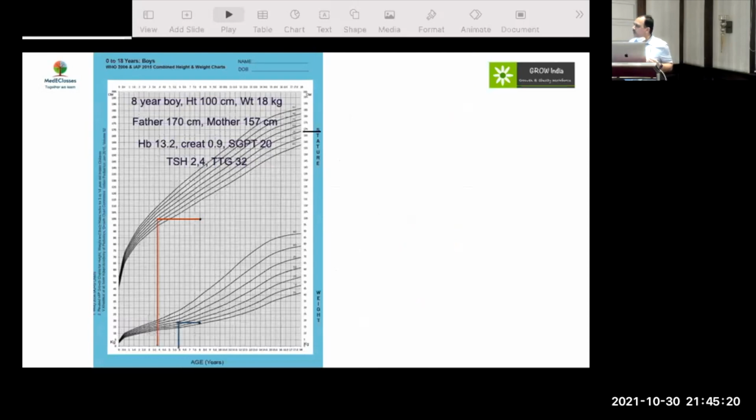Dr. Tambe, what do you think? Is the height more affected or the weight more affected? Height is more affected than weight. So in most cases, it is endocrine. So this is unlikely to be celiac disease. However, we have seen that you can have celiac disease with normal weight also, but if somebody is plump, it is unlikely. So this is unlikely to be celiac.